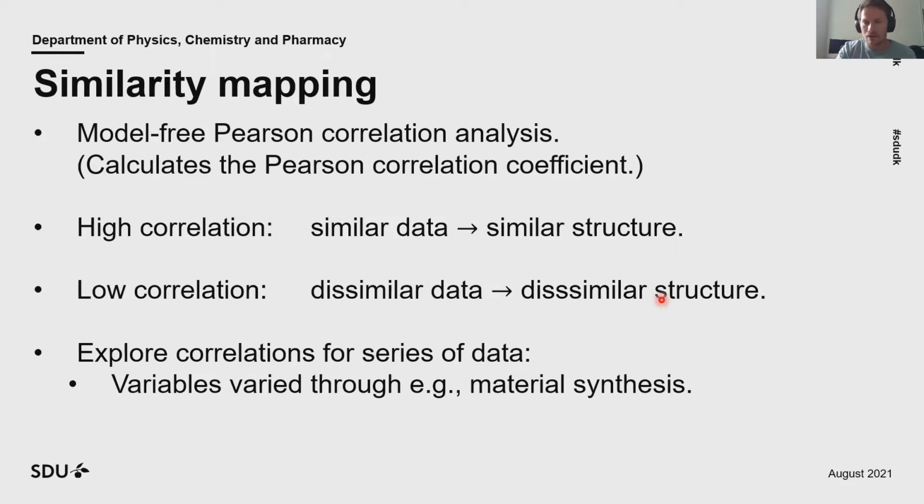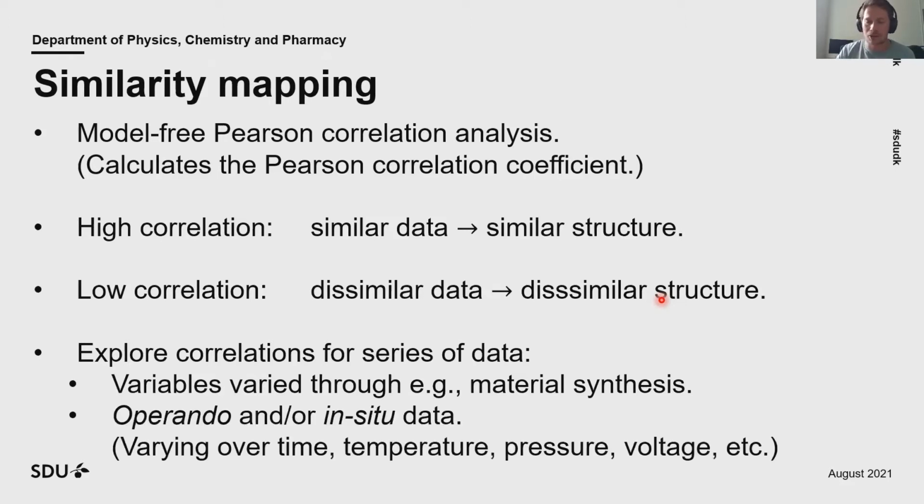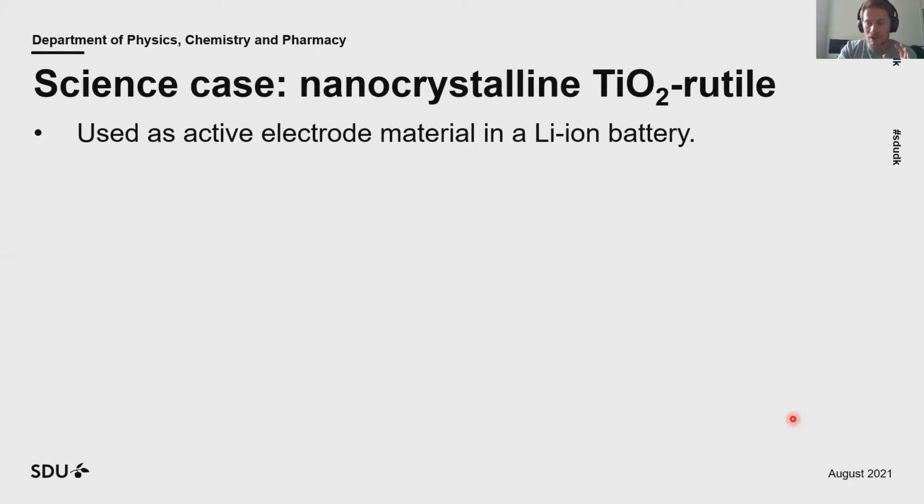So we can use this tool to explore correlations for a series of data or a data set. For instance, if we vary some variable during a material synthesis, or indeed if we conduct operando or in situ experiments, where we expect the PDFs to change over time, maybe due to some varying temperature, pressure, voltage, and so on. So the data I'm going to use for the demonstration is some of my own data,